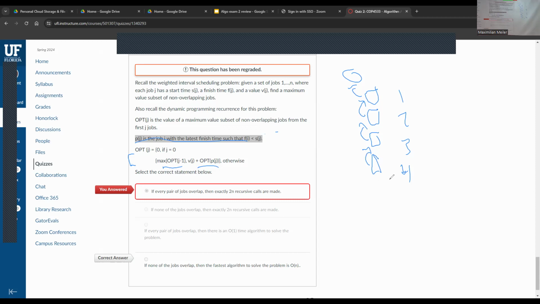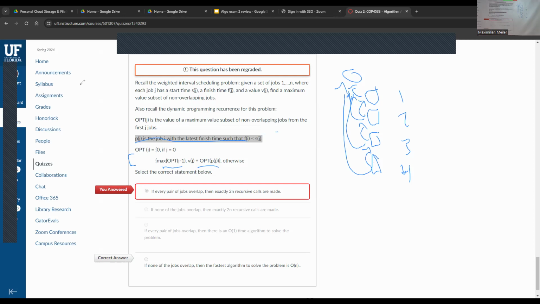If you take this job, all the other jobs are eliminated, which means this case goes directly to the zero case. This one goes directly to the zero case, directly to the zero case. So you can see, assuming you can read my handwriting, that there are 2n arrows